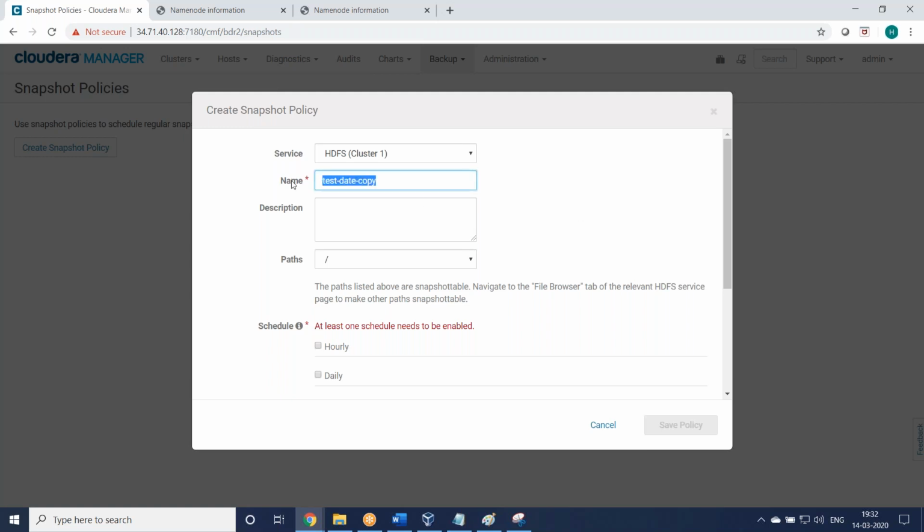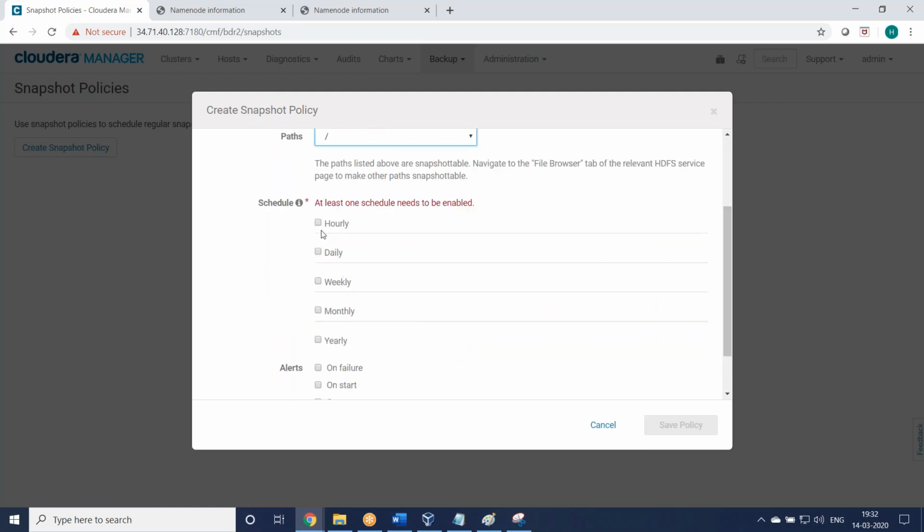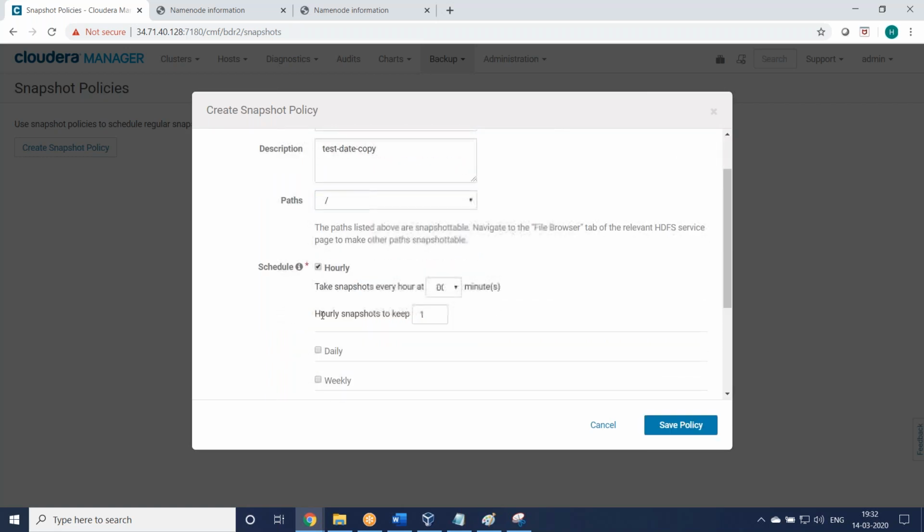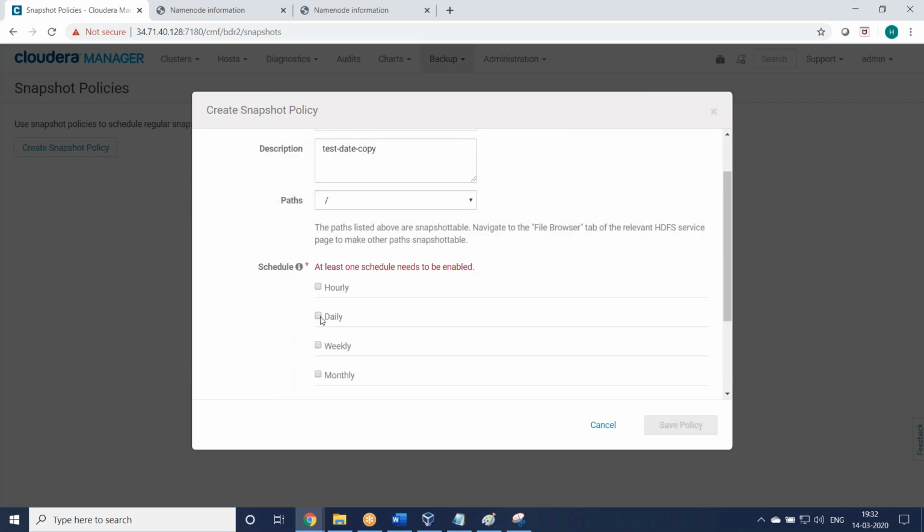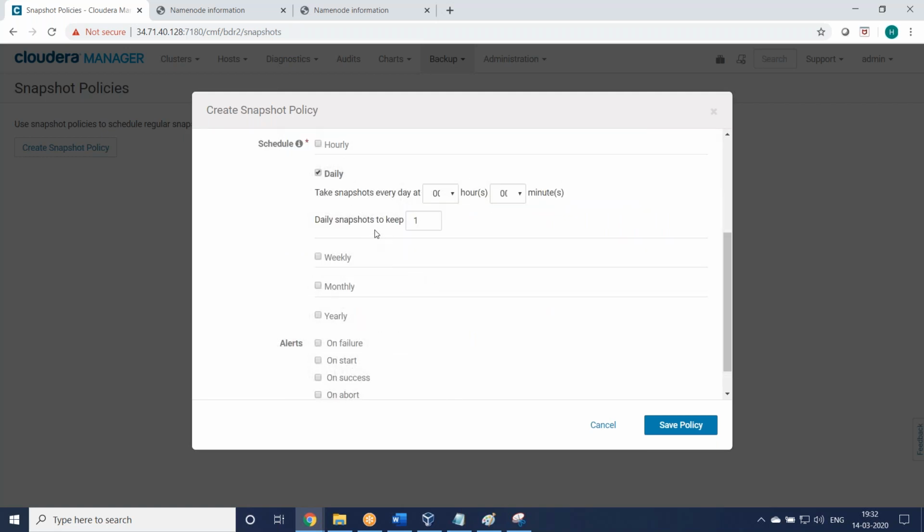You can give same path, complete path we have given. So you can give it like hourly snapshot or anything, whatever you want, or every hour or every daily. Every day, one snapshot, you can save the policy.